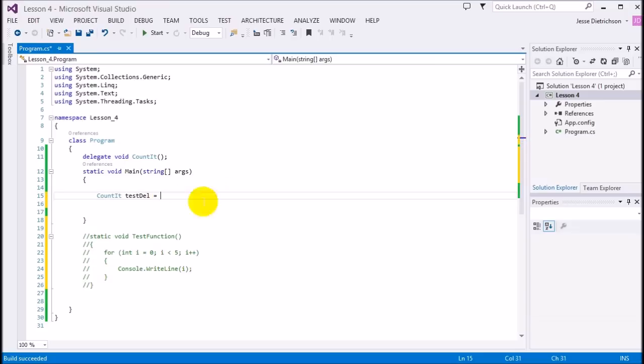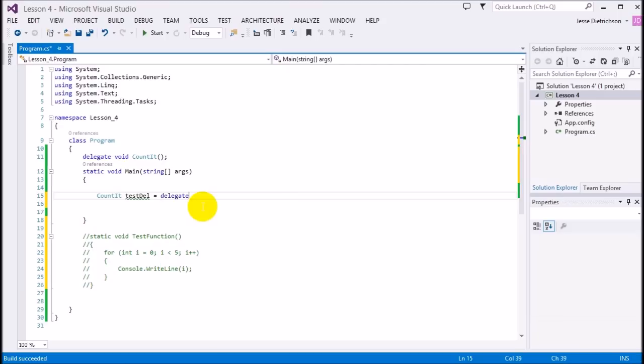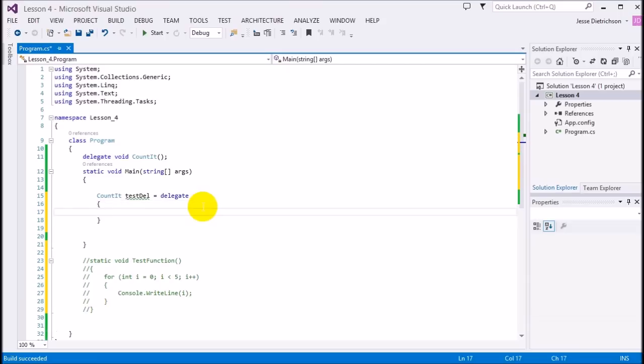So we have our delegate, right? And we don't want to explicitly create it, like I said, because of all those rules before. If it's only going to be used with this delegate, why would we make an explicit function? We don't need that. So to do an anonymous method, it looks like this. Count it test del, and we need to point it to a function. So we're going to point it to an anonymous method. So it goes like this. You say delegate, you use the keyword delegate here. You create the body of the function, and then inside of it,